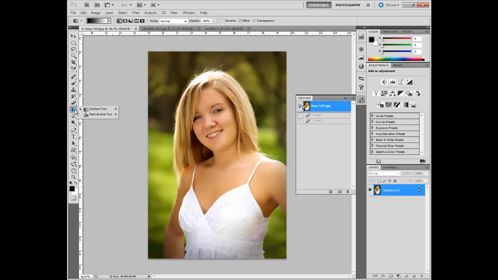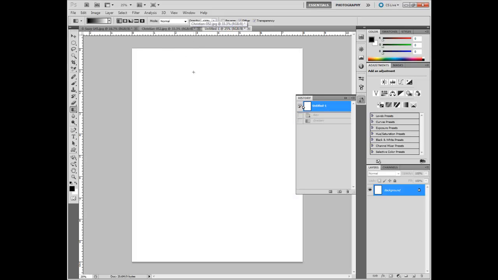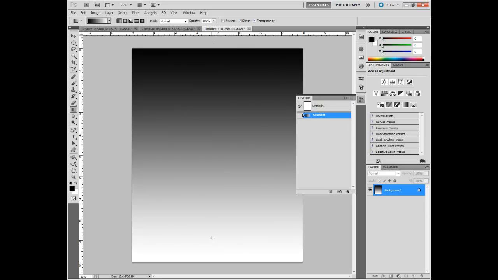The next tool is the gradient tool. And let me go to a white image to show you what happens here. The gradient tool is going to take you from the foreground color to the background color. In this case, black is the foreground, white is the background. It's going to take you there gradually. So you just click and drag a line to show Photoshop where you intend to go. When you release, it leaves you this gradient, and this can be very useful for designing graphics or something, but